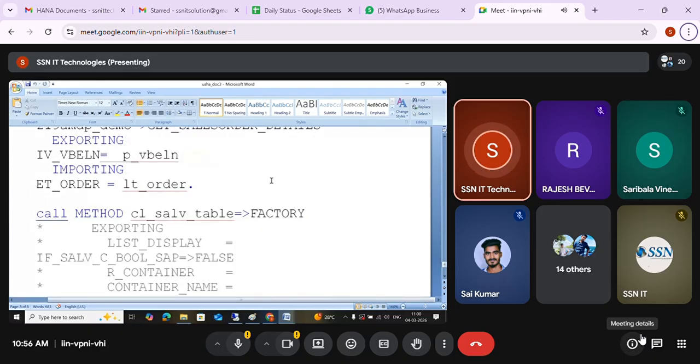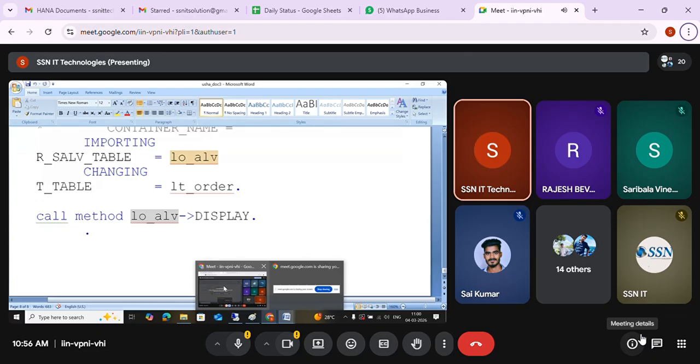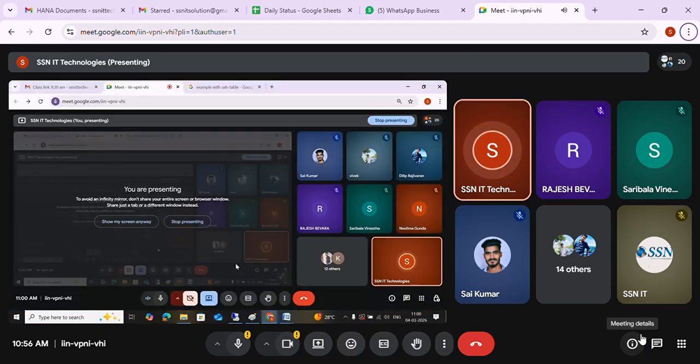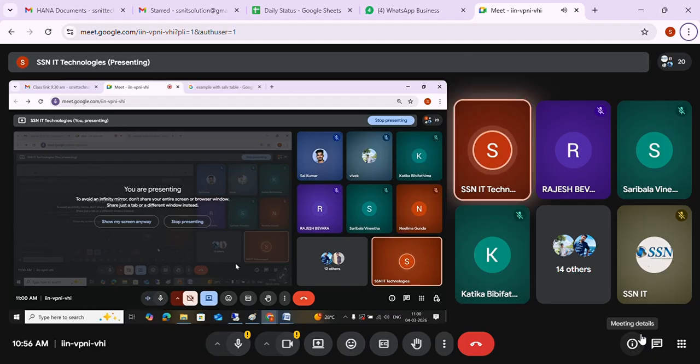The ALV example is also available in this document. Doc 3, the document is shared for you. HR already shared the documents. In Doc 3, you have that ALV display. So try it. If you want extra functions, Google it and add those functions to that. Practice that ALV also, which is very important.